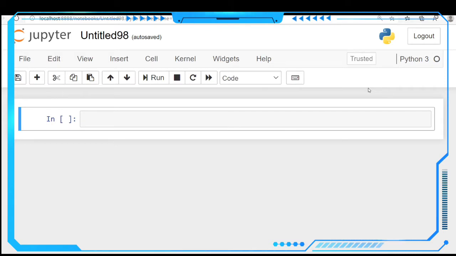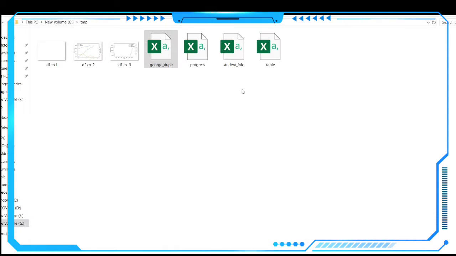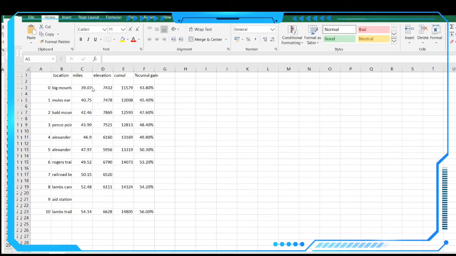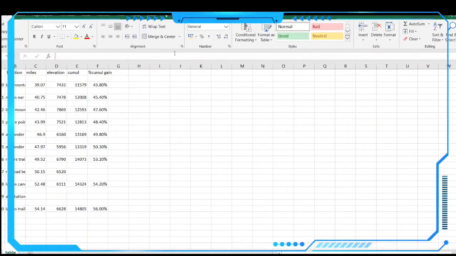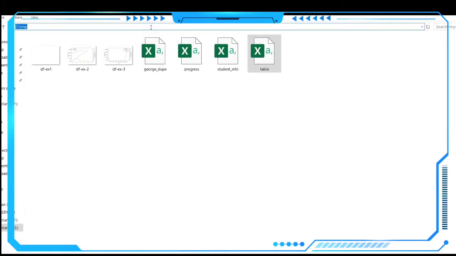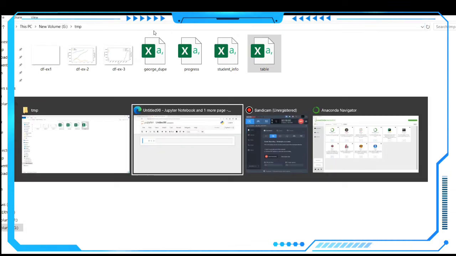We have to import. Let us see where the file location is. Here, we have 4 CSV files present, and let's open the table. Let's see what the contents of this table are. This table has location, miles, and some bulk amount of data. We have to get the data into the desired Python shell. So we have to copy the file location here,